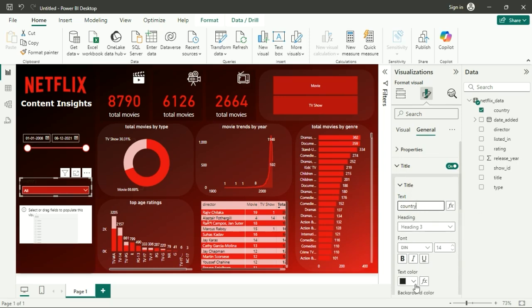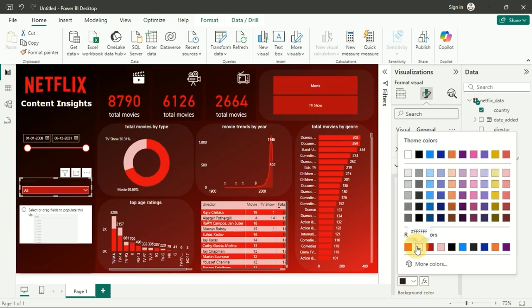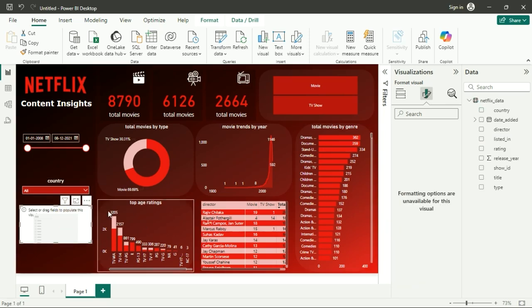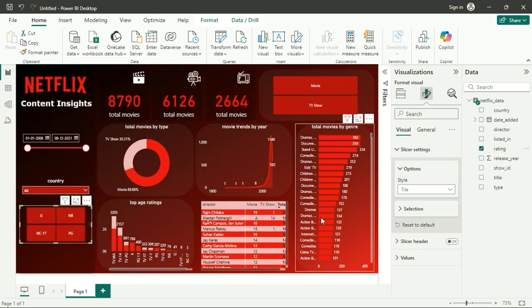So here we go with country, we change the text color to white and then we just center it, right? So this is the country slicer. Similarly we'll go with, let's say, rating, right? So if it is adult rated or PG-13, so let's go with the rating part and let's again change the